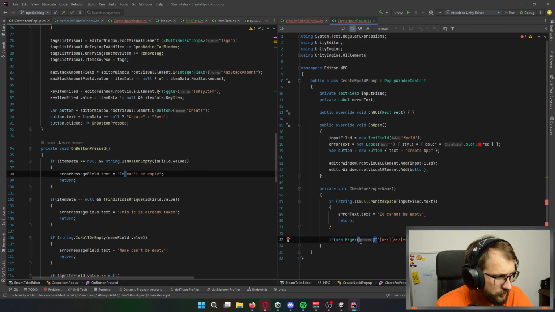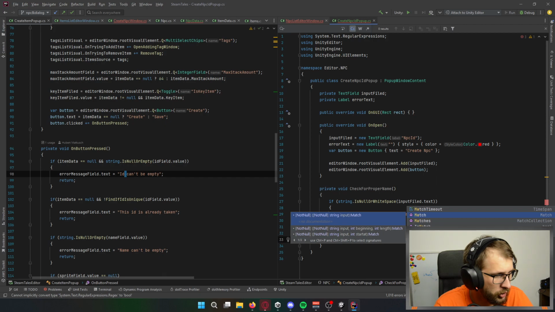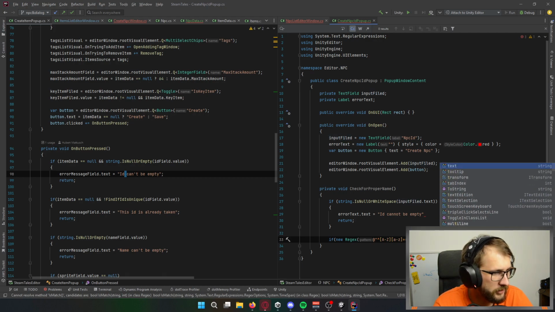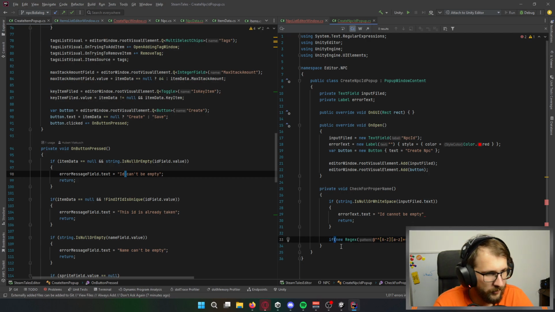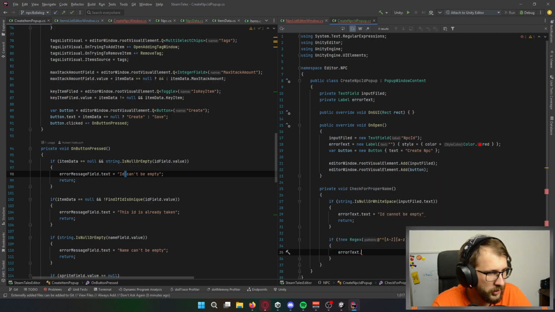Okay. Dot IsMatch with input, so inputField.text. So if not this, errorText has to be set to, ID has to, what am I doing?